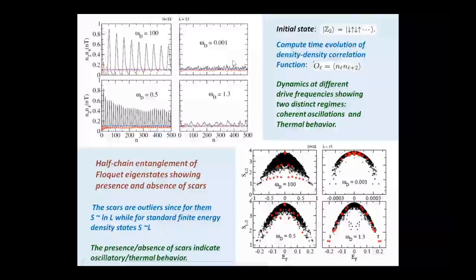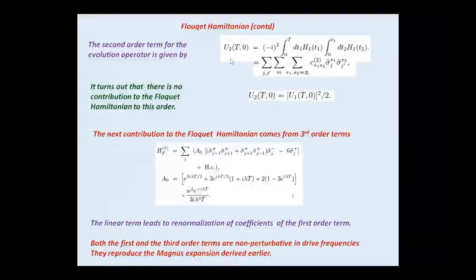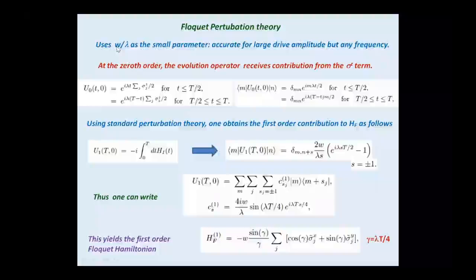This W going to 0, wouldn't it? W by lambda going to 0, won't it get you to the small frequency limit, or no? No, I missed something. W is the coefficient of the sigma x tilde term. That's the interaction term. So W here is the coefficient of the sigma x tilde term, and lambda is the coefficient of the sigma z term. These are the amplitudes of the two terms, and this being a small parameter means your drive amplitude, and not frequency, is large. Oh yeah. Okay. Yeah. Right.